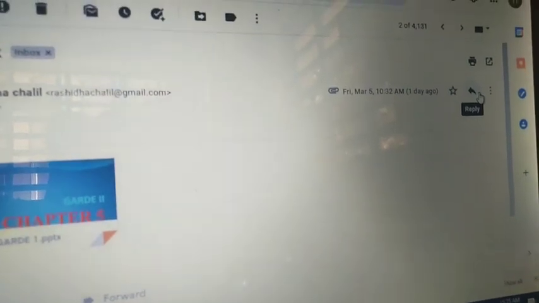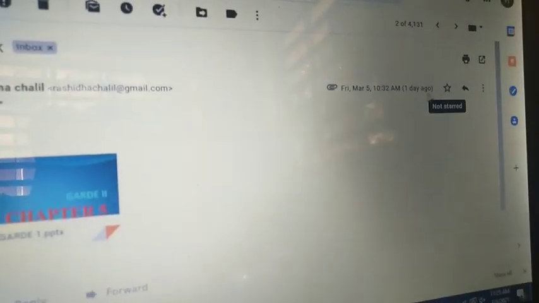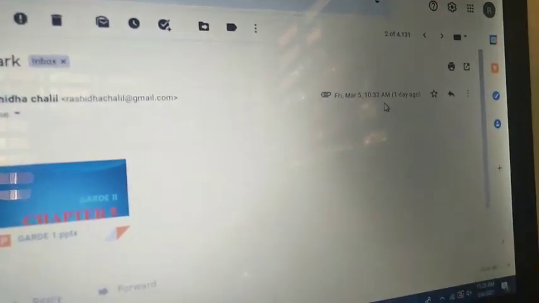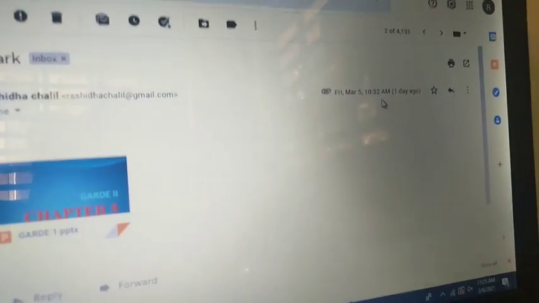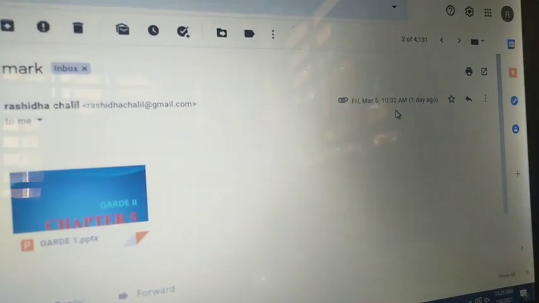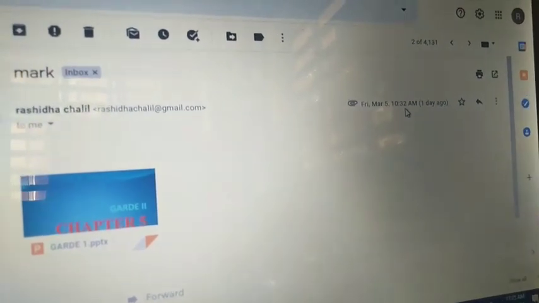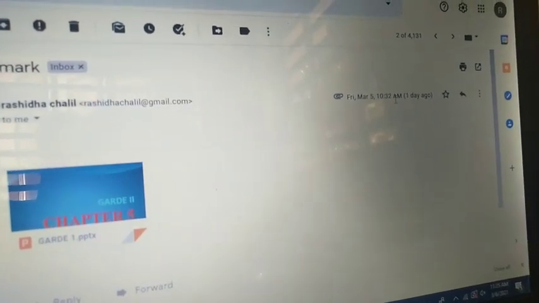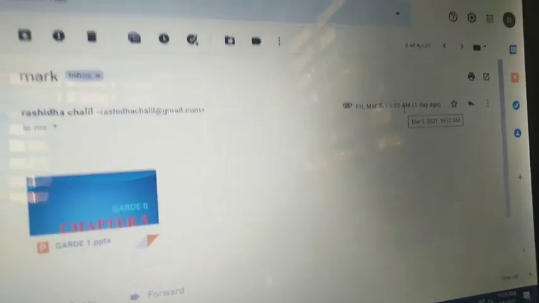We can move to here on the right side. This is the date of getting the message, March 5th 10:32 a.m. The sender sent this mail to me. This is the date and time of the mail received.